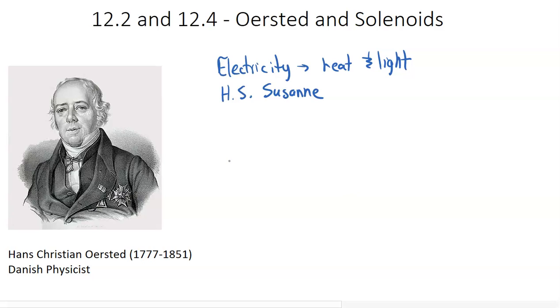The thought was this: if we have a current-carrying wire, and we bring a compass up to that wire, and let's say the compass points north, then when we turn the current on in that wire, shouldn't we see the compass point away? The thought was that the compass would spin and point away from the wire. That was the understanding, that if electricity was connected with magnetism, the magnetic field would radiate away from the wire. But that is in fact not what happened.